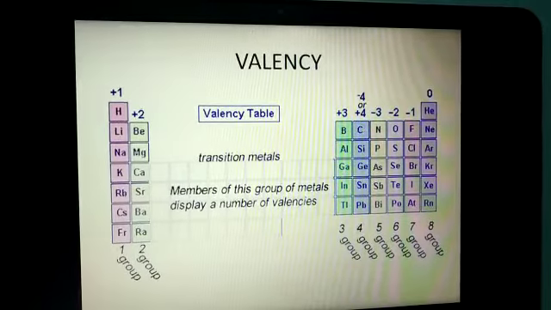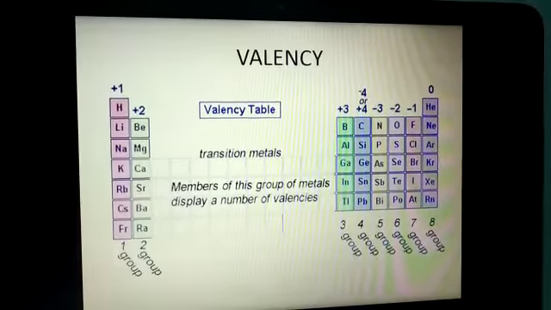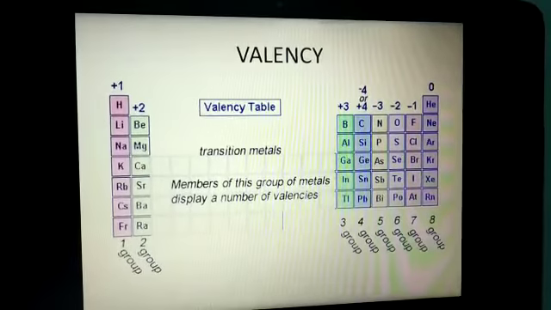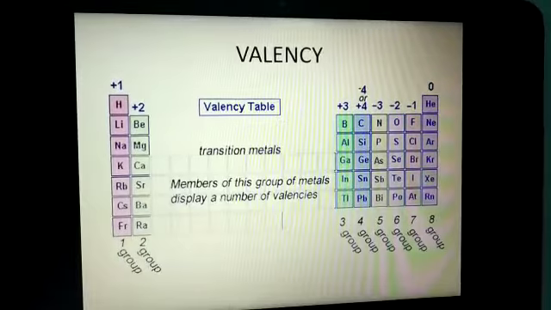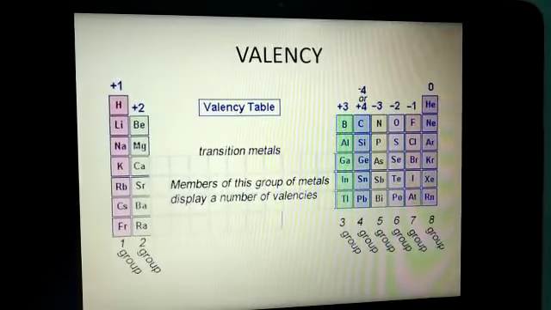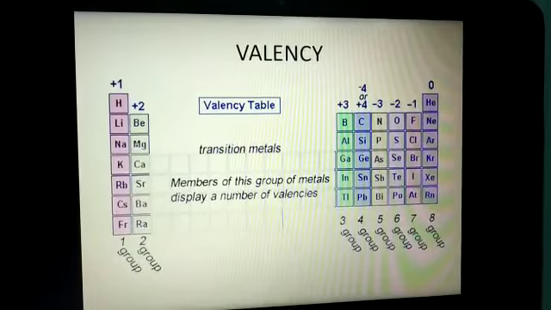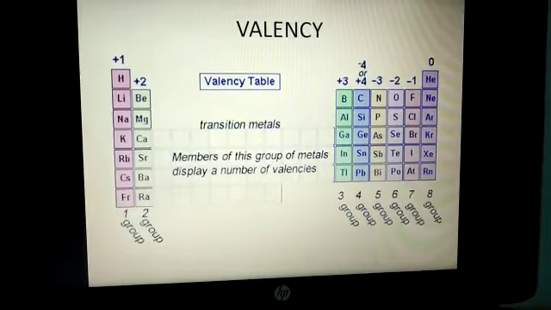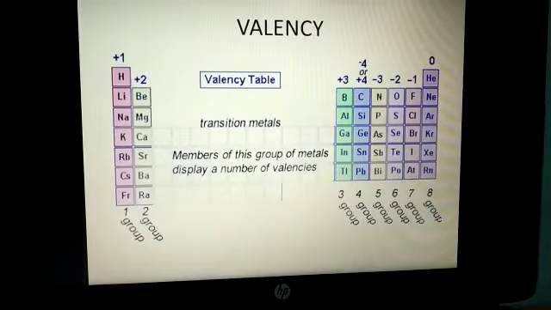The group 2 element will lose 2 electrons because they have 2 electrons in the valence shell. It will be difficult for them to gain electrons as the number of electrons to be lost is less than 3. Now if we move to the third group, which is actually group number 13, the valence electrons is 3, therefore the valency becomes +3.